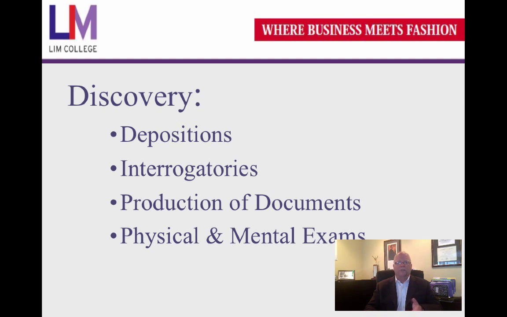Fourth is production of documents. Say you're in a car accident case, you're claiming medical damages, you hurt your neck, or your back, whatever it is. The other side has a right for you to produce those documents for them so that they can review them. All right, so if you're making a certain claim, you have to produce documents to support your claim. You can't just say, oh, I hurt my back. No, if you hurt your back, you need to back that up with supporting documentation, and that supporting documentation needs to be turned over to the other side.